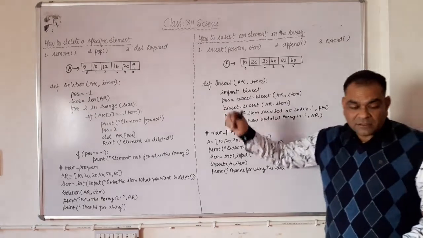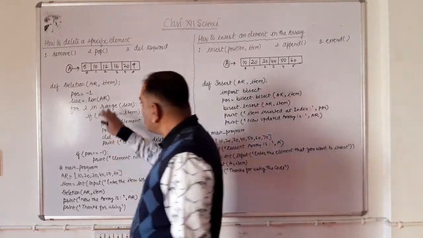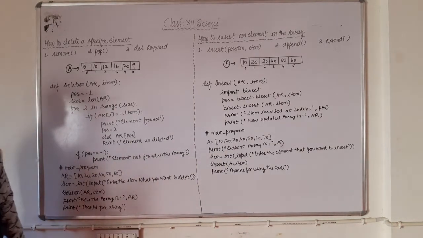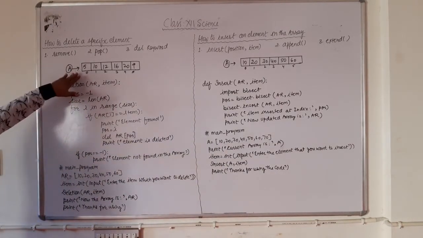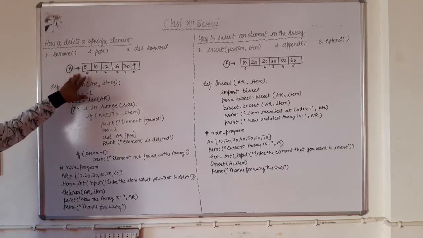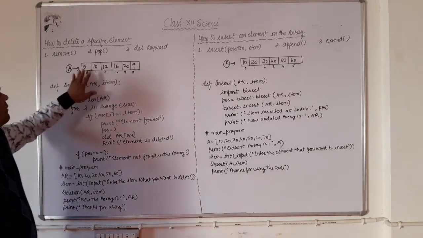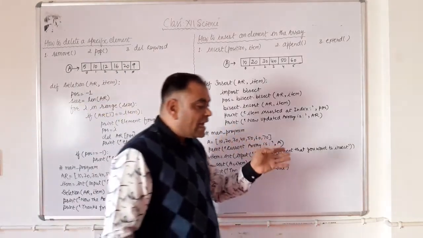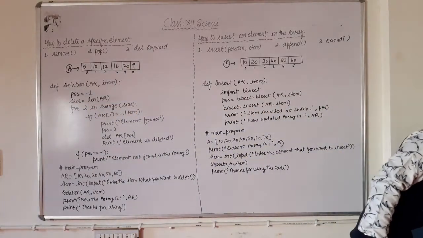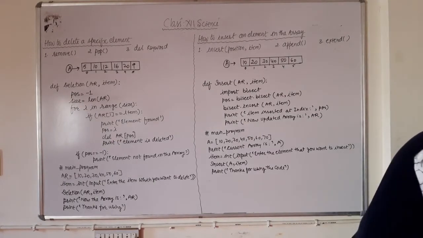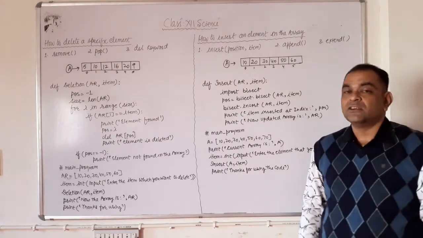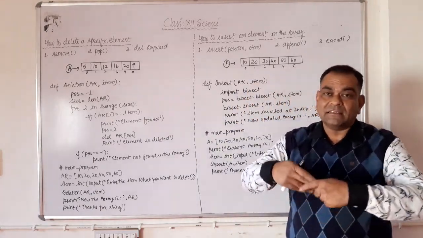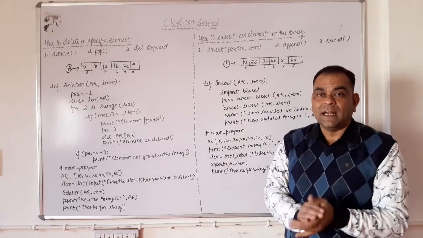Here, very first, we are going to discuss how to delete something from an array, right? So for that, suppose one array is created and just see what are the elements inside the array: 5, 10, 12, 16, 20 and 9. By seeing these data elements, we can say the array is in unsorted condition. Unsorted means the array is not in ascending order, and not in descending order either. It is unsorted completely.